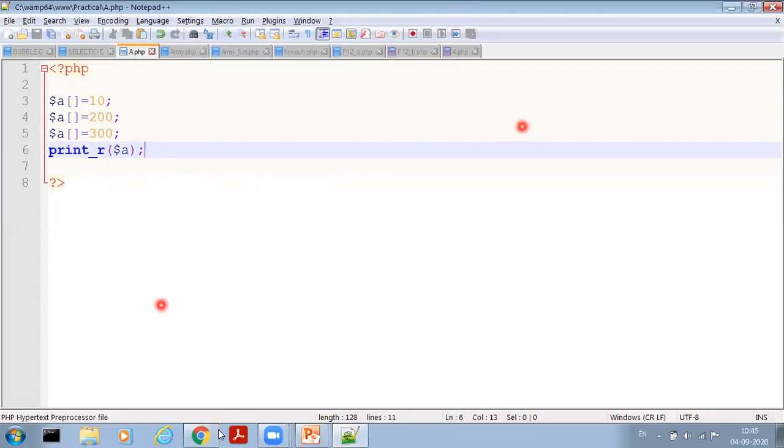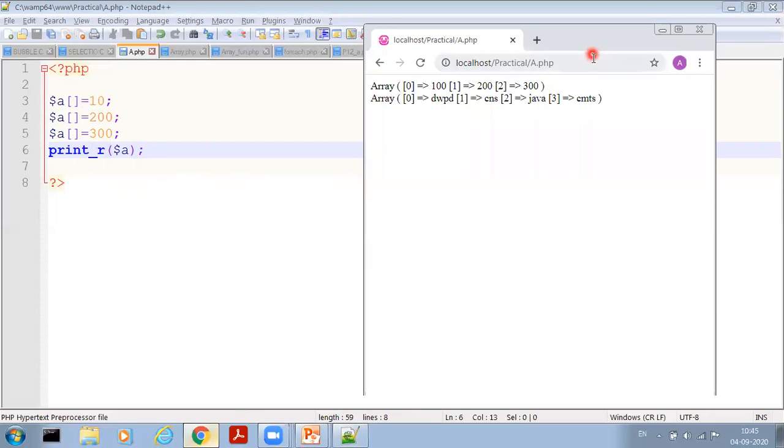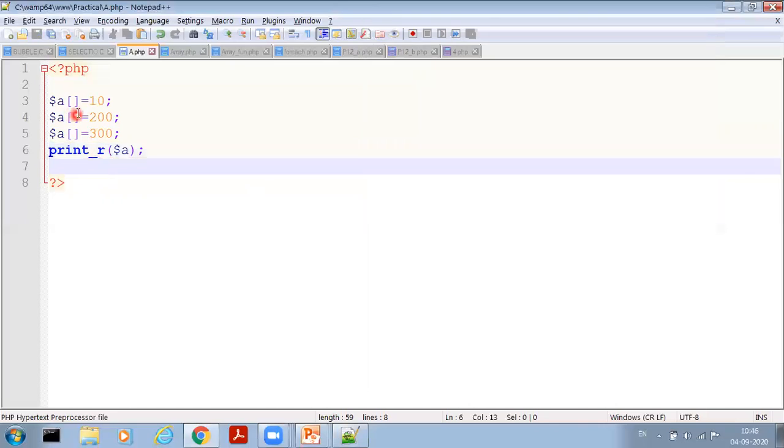Now run the practical. Here value 10 is for index 0. At index 1 is stored 200 and at index 2 is stored 300. Okay. Now write here the starting index. For example, I write the starting index 100.